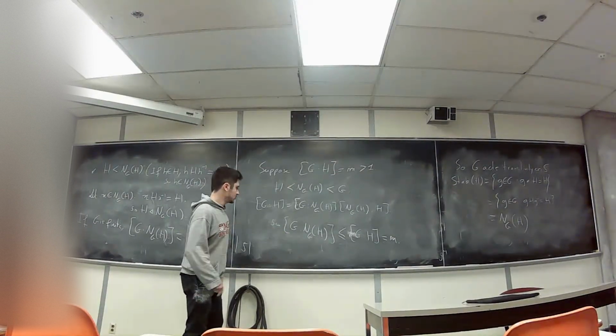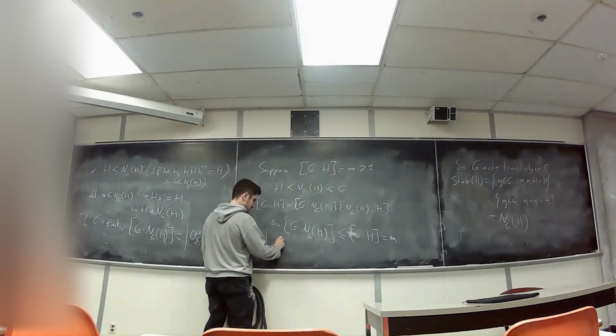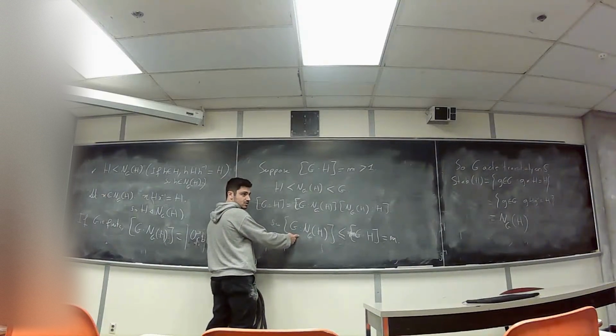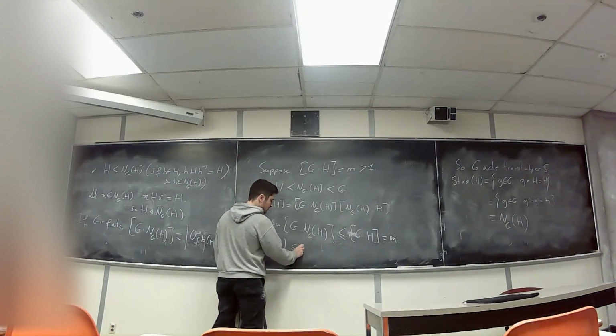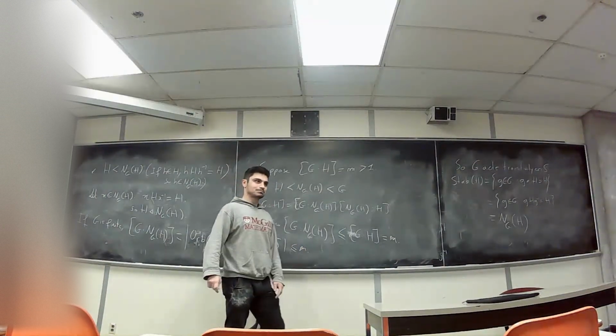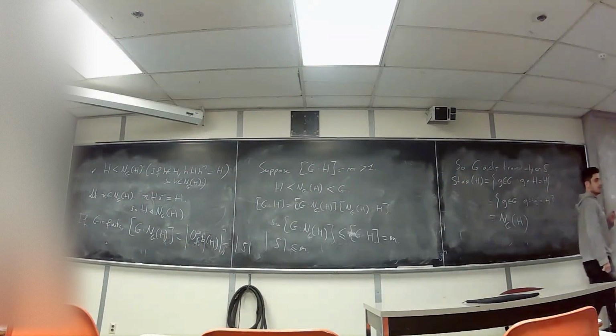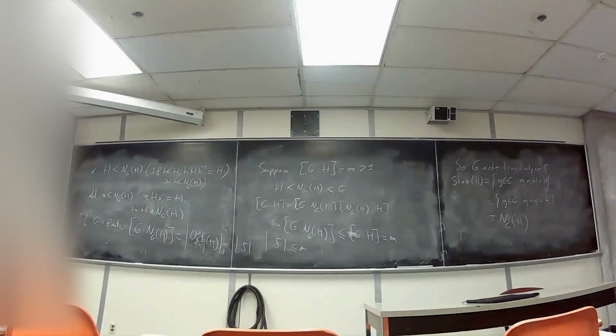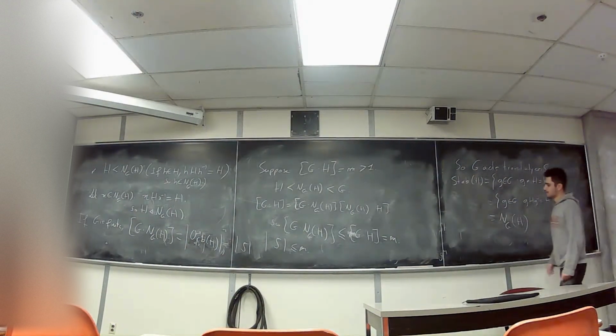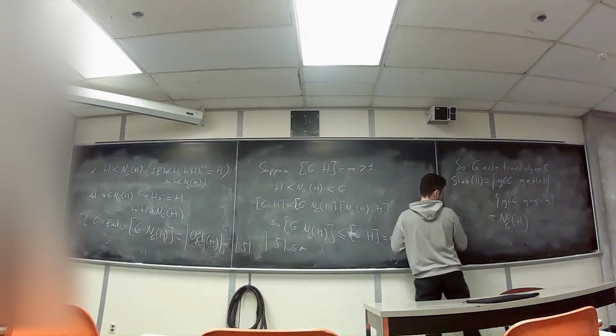Now what is this? The cardinality of S, which is equal to the index of NGH in G, is less or equal to M. Right? Have a look at the cardinality of S. It's the index of NGH, so it's less or equal to M. Okay. Now to show that G is different,